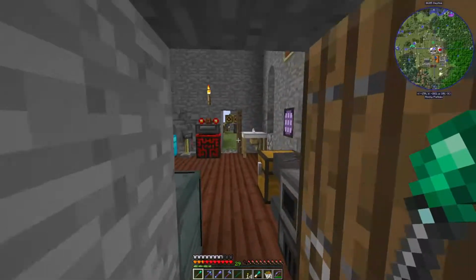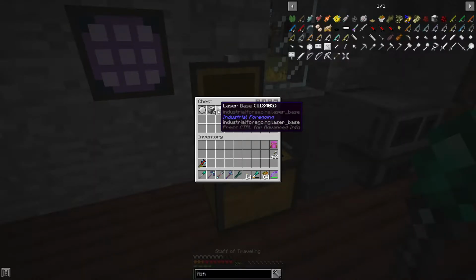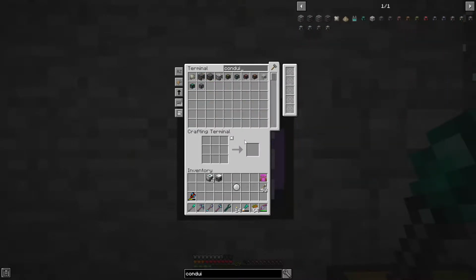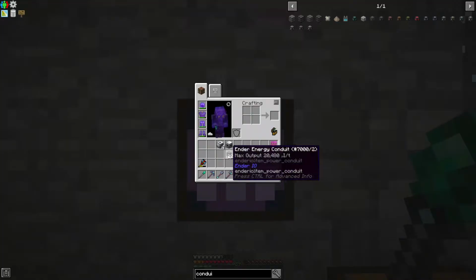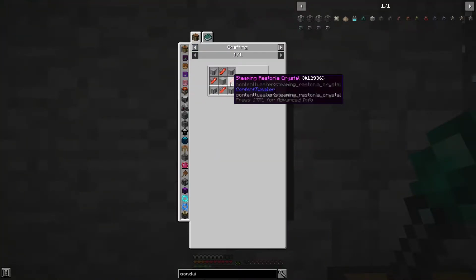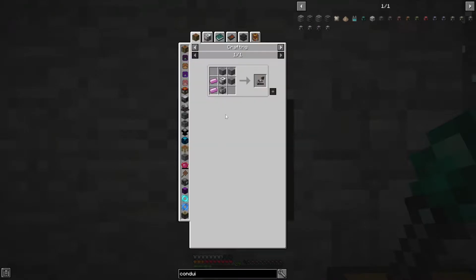sentient enders and whatnot. But today's episode is going to be all about the lasers. So I made this since the last episode. It wasn't too difficult actually. The base is pretty easy. It's just the steaming Westernia, which we already had a bunch of, and a machine case, and then the laser drills. I had to make 4 of them, which is kind of expensive, because it also had